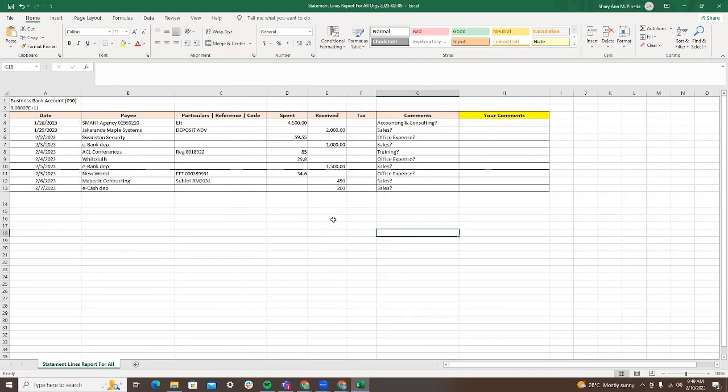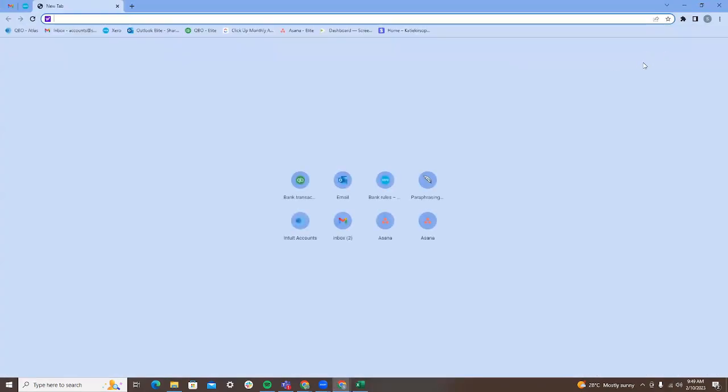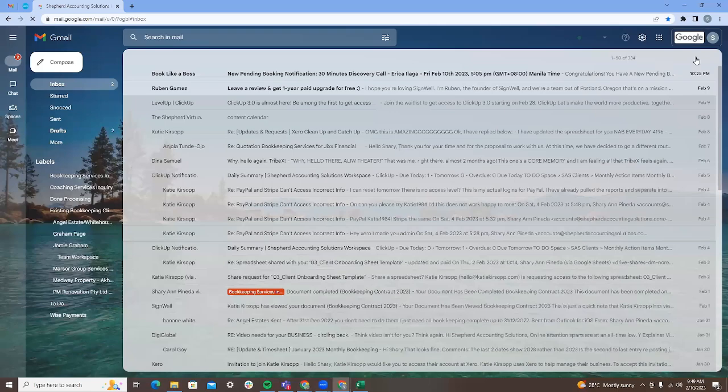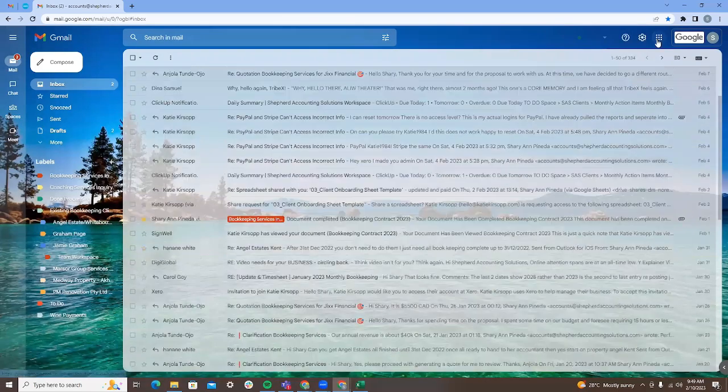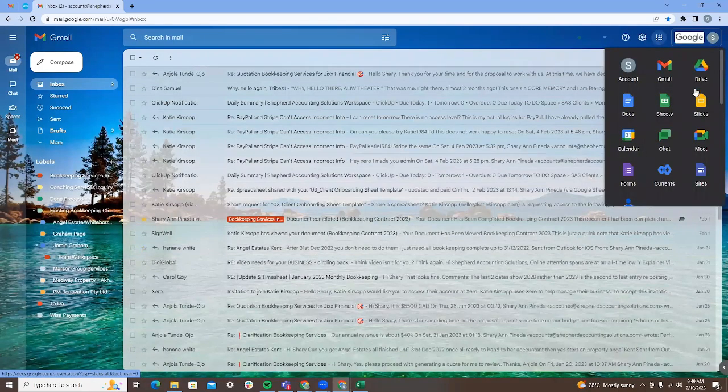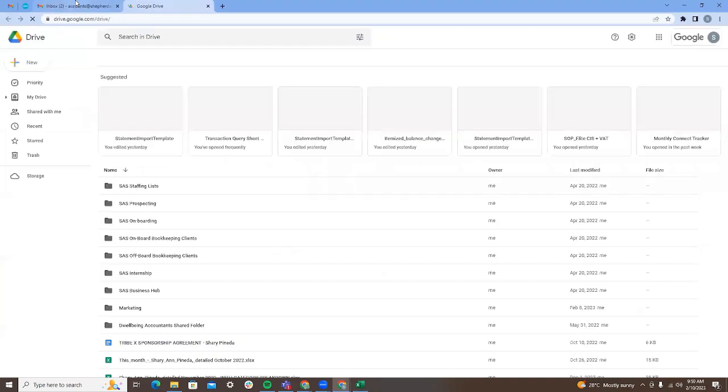Tapos may mga changes. Minsan yung client hindi niya naman sinasagot lahat. So, di ba, ang hassle. So, better is if you can save this file sa Google Drive. So, let me show you paano. Let's go to the Google Drive.